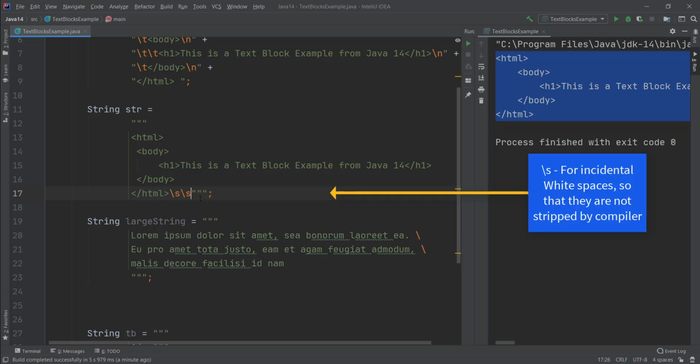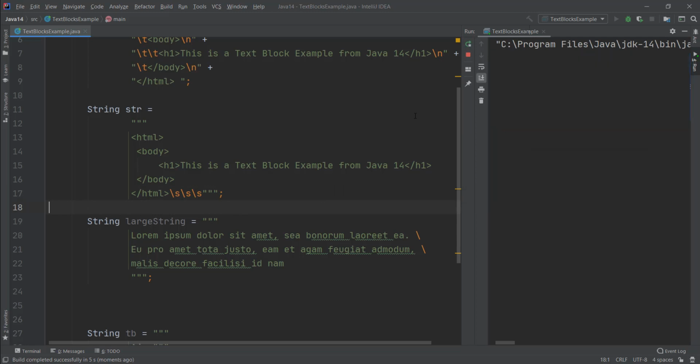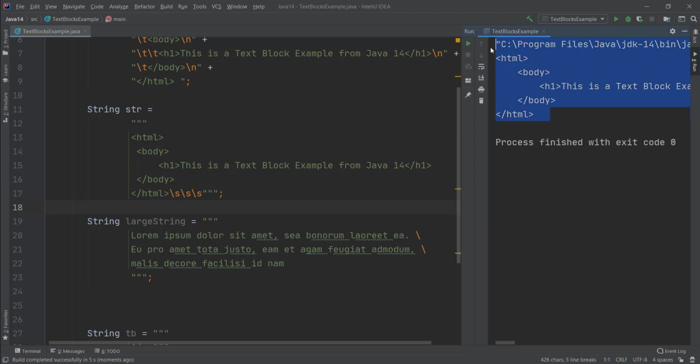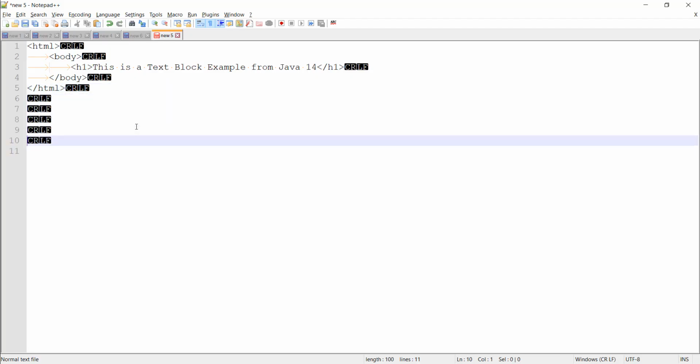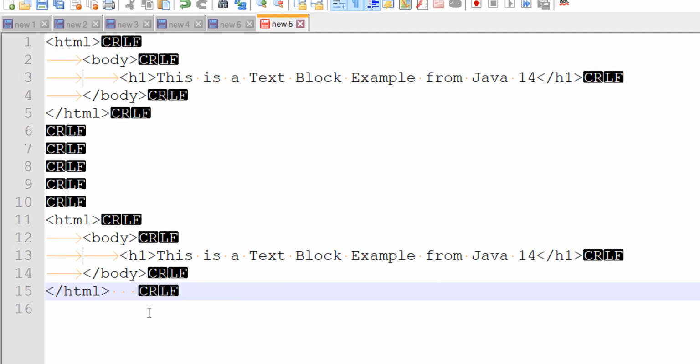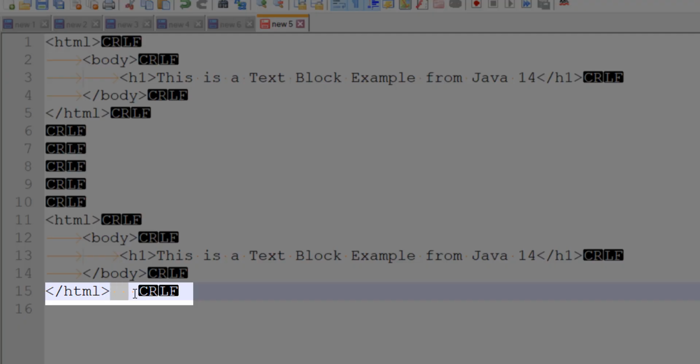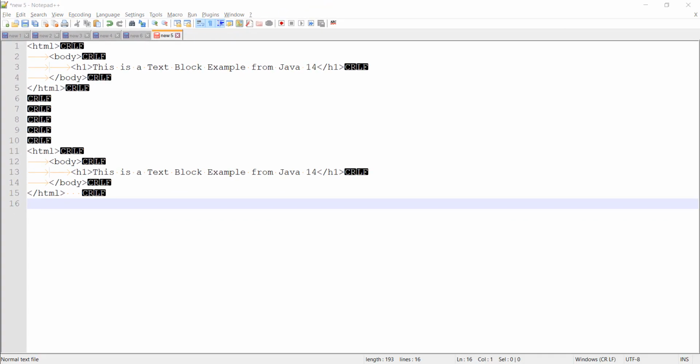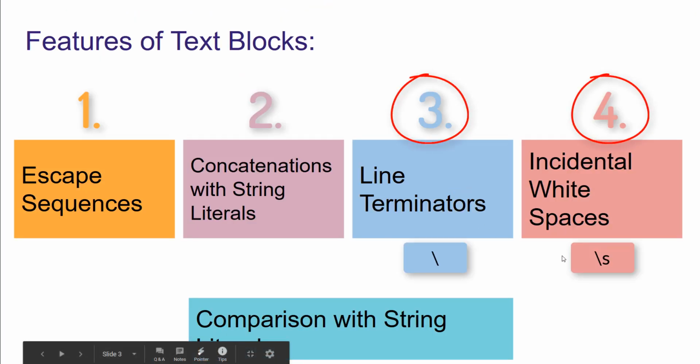So I'm adding 3 backslash s here and running my code again. I'll copy my code. Yeah, you can see that in my new output I have 3 white spaces. So these two are the features that are added in Java 14.